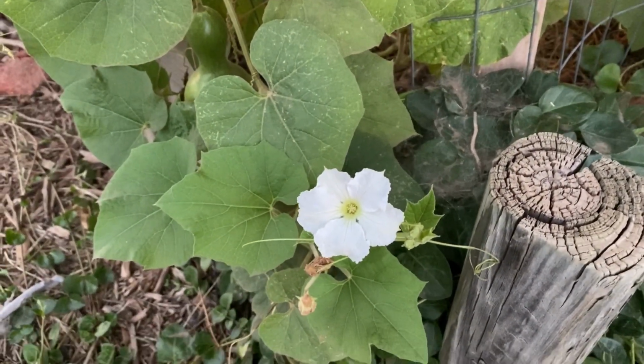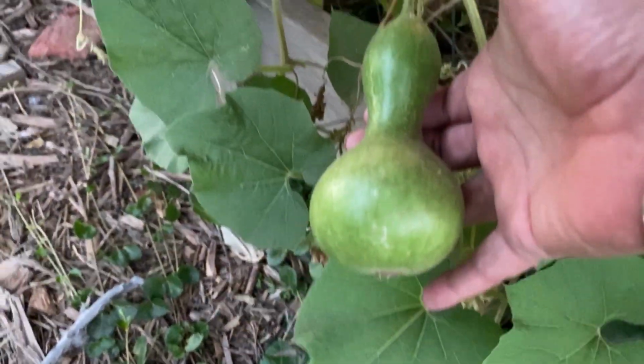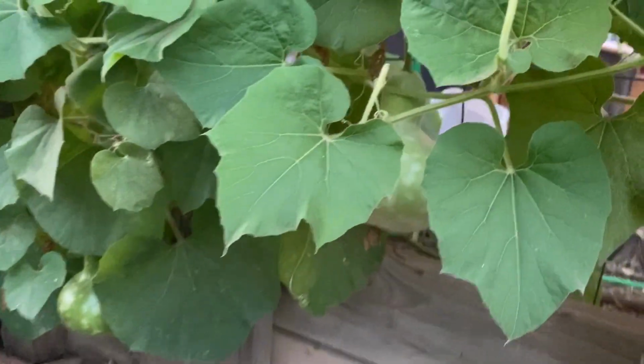If I can get some focus there. There we go. They're beautiful. And the gourds are just amazing no matter what size they are. So this is a little guy. There's some big ones that are just tucked away, hidden here,